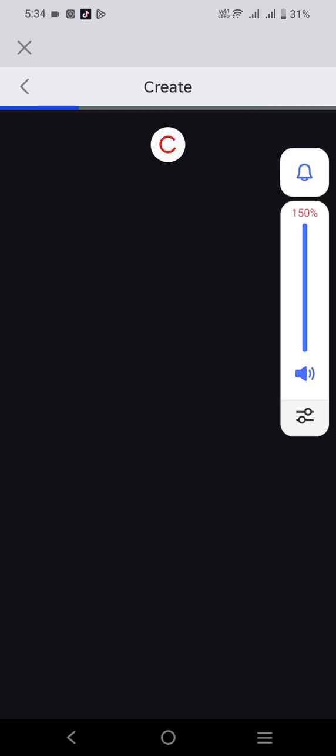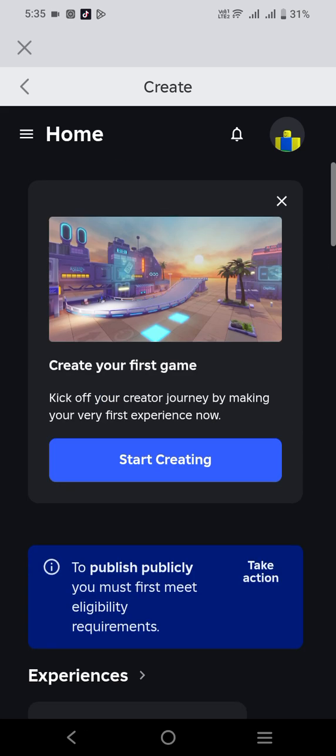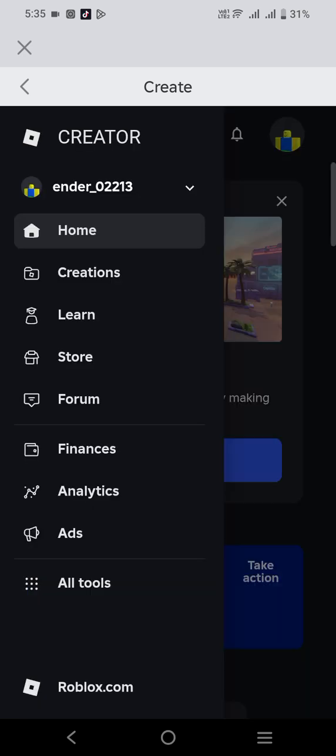So just wait for a second. Okay, so we're loaded. So here you need to press these 3 dots. Press that, and then press creation.